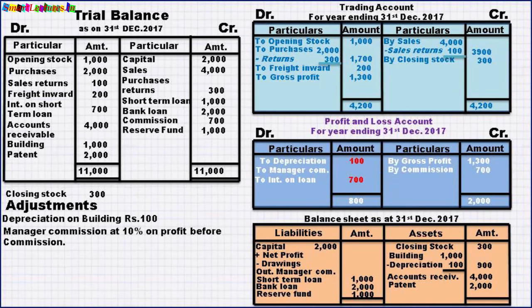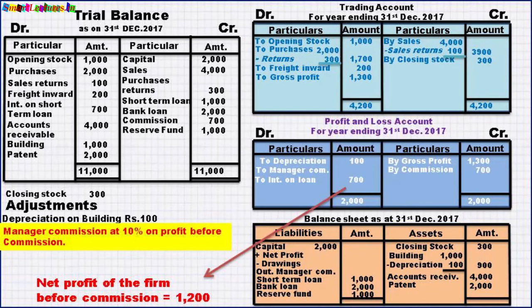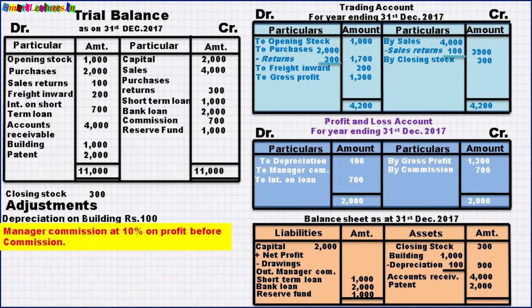So it means still we have to calculate manager's commission, but without commission the profit at present is, without commission means the profit before commission, that will be 2000 minus 800, 1200, means at present without commission the profit of the firm is 1200, means this is the profit before commission, and we have to calculate 10% of the profit